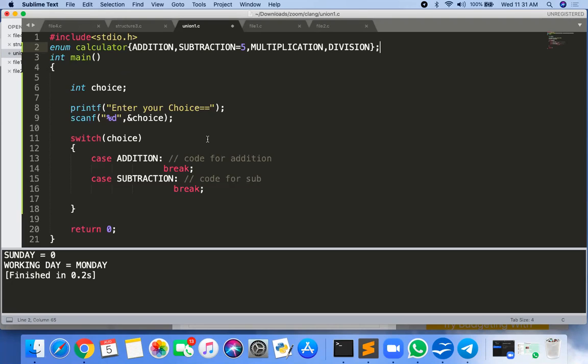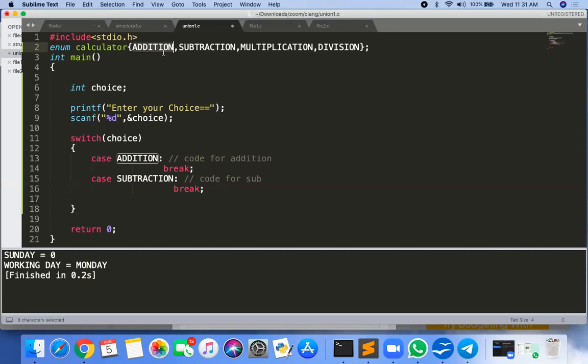So is it compulsory that the first value is addition? Yes, so for case addition, that thing has to match. So what is addition here? 0. We can't give addition there and case add here. No, the spelling should be matched. That is your question. Because the spelling should be matched: the compiler will search for addition. Is any symbol available for addition?